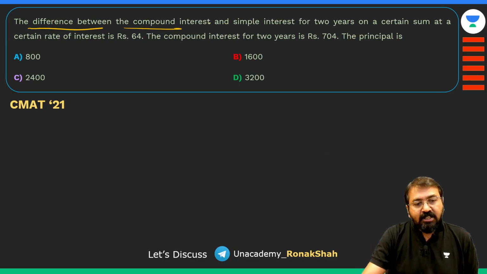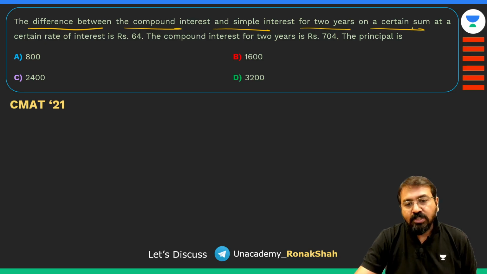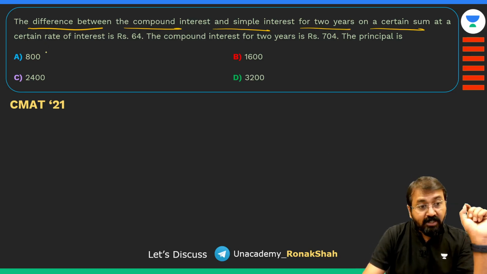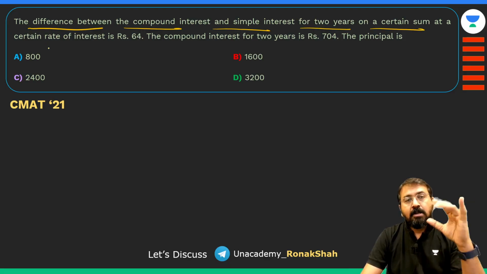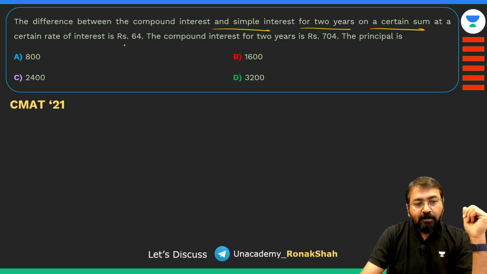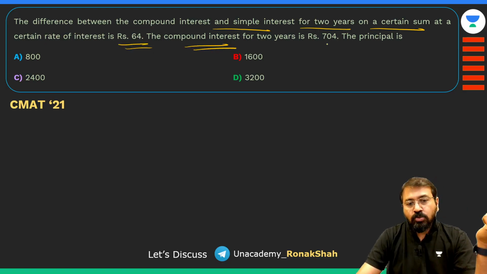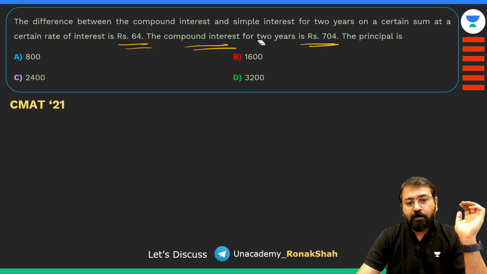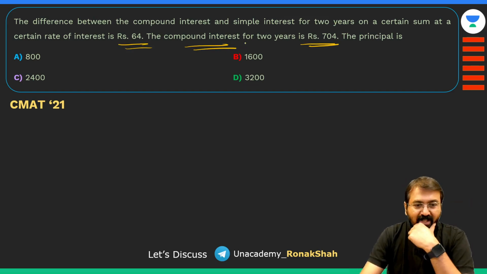बट ये वाला क्वेश्चन देखते हैं अभी। Now this question is slightly tricky. The difference between the compound interest and simple interest for 2 years on a certain sum at a certain rate of interest. मतलब हमें प्रिंसिपल भी नहीं दिया है, हमें रेट ऑफ इंटरेस्ट भी नहीं दिया है, हमें 64 रुपीज़ बताया, और हमें 2 साल का कंपाउंड इंटरेस्ट दिया है 704 रुपए। तो प्रिंसिपल क्या होगा।